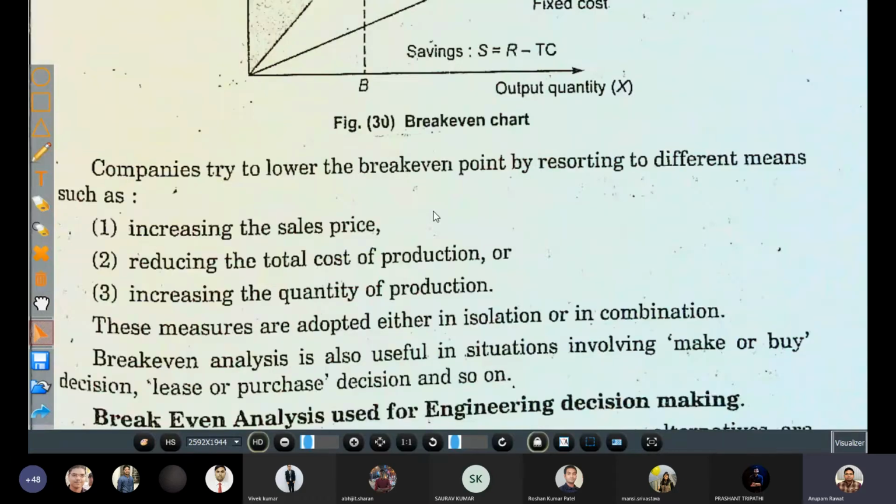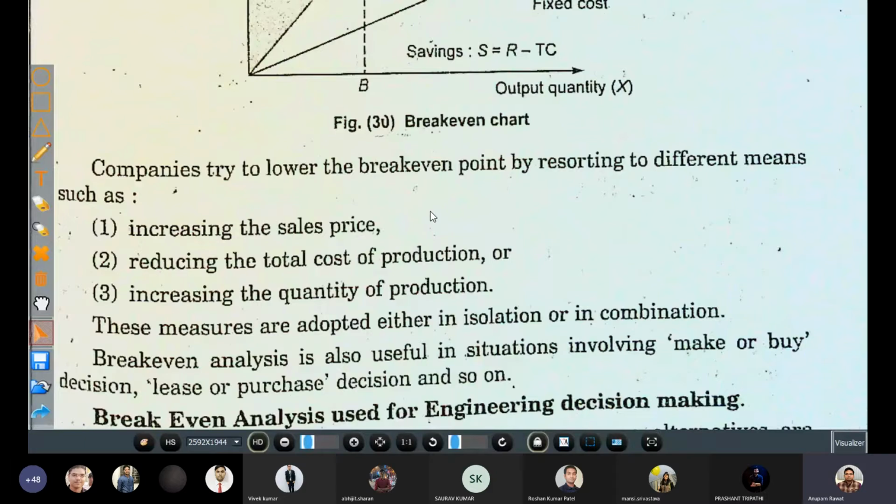Also, in real life situations, we may not observe linearity, and to model such situations, we have non-linear break-even analysis. In nonlinear analysis, based on the information on the cost, revenue, and the associated production level, we can fit a curve, and these curves are then used to compute the marginal cost and the marginal revenue.